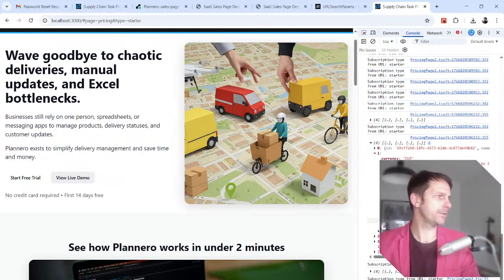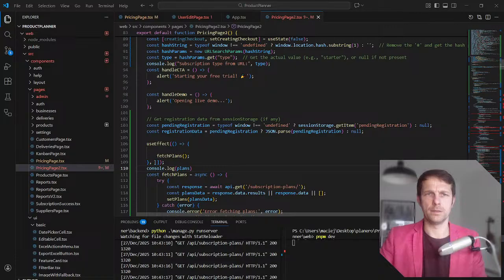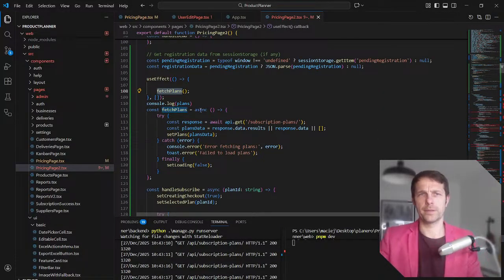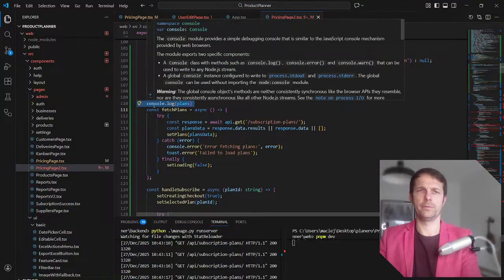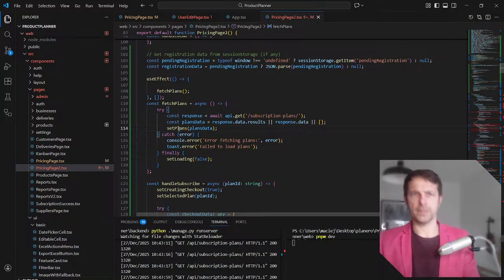So I need the slug values, and check if one of them is in the URL, and then redirect. Okay, if fetch plans, if response, so I don't need to set plans here.